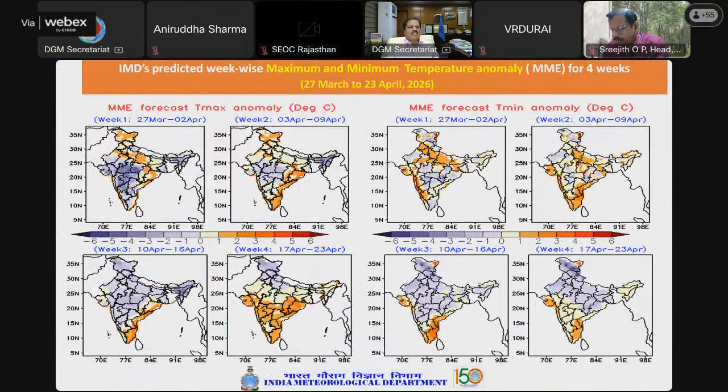Now let us look at the maximum and minimum temperature. Left hand side जो है वो है maximum temperature anomaly यानी deviation. You can see जैसे monthly का prediction था, यहाँ भी ऐसे ही prediction है। आपका below normal maximum temperature बहुत सारे इलाके में दिखाई दे रहा है, मगर फिर भी ये जो एरिया आप देख रहे हैं कोस्टल एरिया, ईस्ट कोस्ट और वेस्ट कोस्ट, वो एरिया में एबव नॉर्मल टेम्परेचर दिखाई दे रहा है।